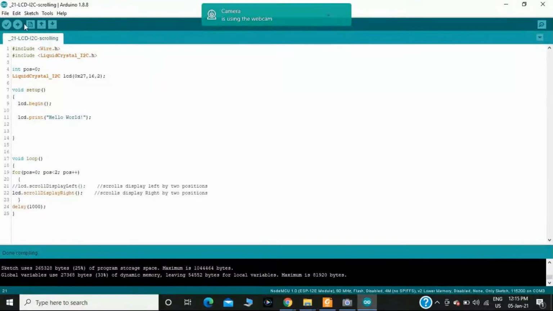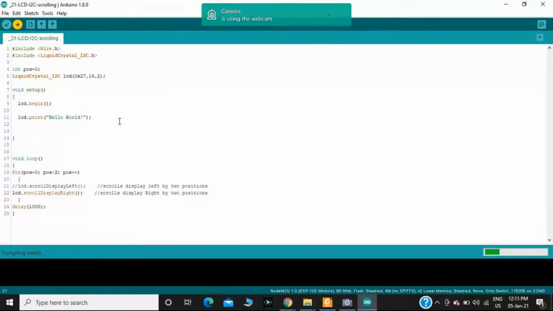Okay, done compiling. Then I'm uploading the code to the NodeMCU.